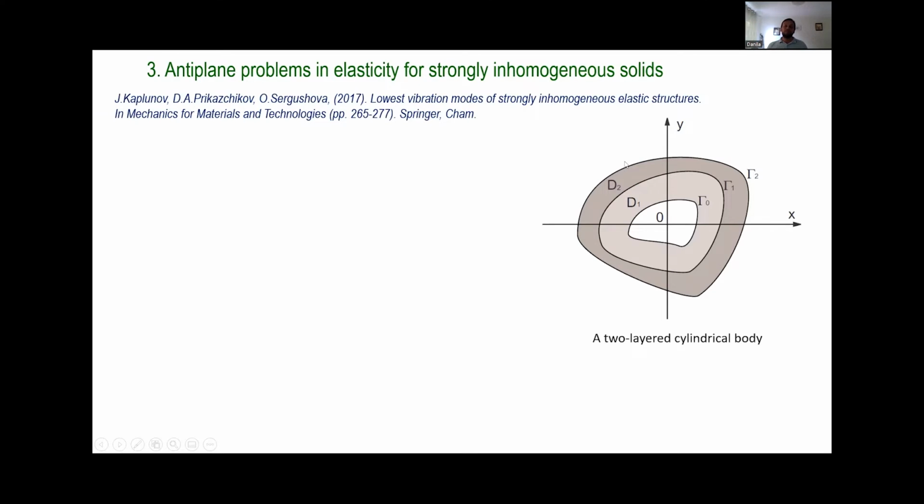Also, there is a hole in here, and we are interested in the anti-plane motion. That would mean that there is just one displacement, which is perpendicular to the plane XY shown here, right? So in this case, if we denote U1 and U2 the displacements associated with these 2 components here, the standard